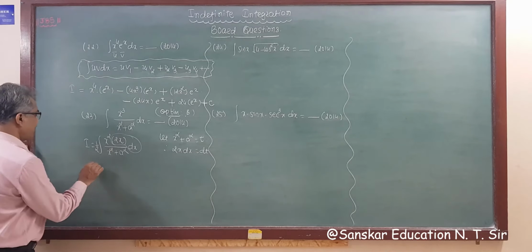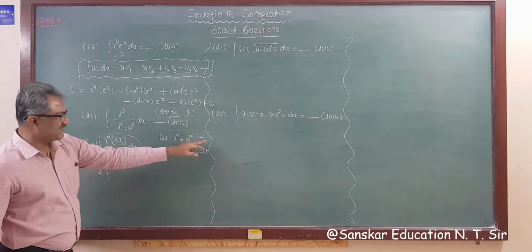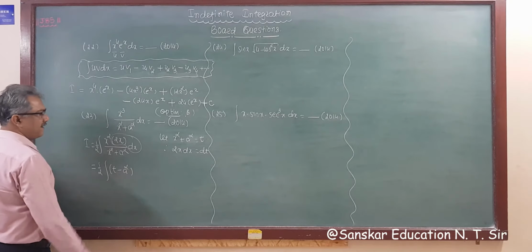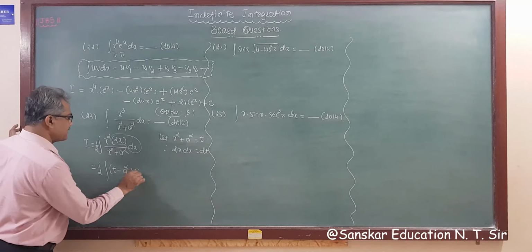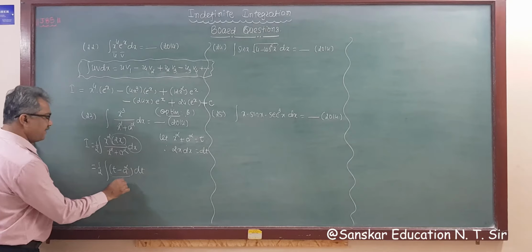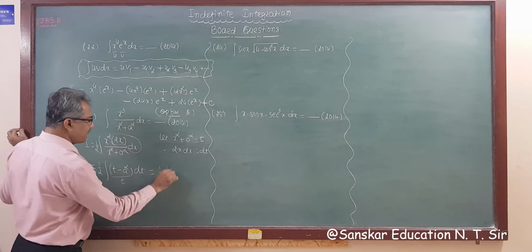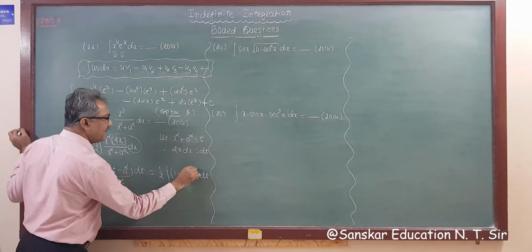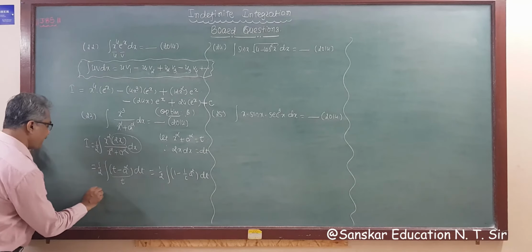So one and the same. So this is equal to 1 upon 2 integral. Now x square is t minus a square, and twice x dx is dt, and x square plus a square is your t. Got it? So bifurcating this, we get integral of t by t is 1 minus 1 upon t into a square dt, right? So now this is an integrable function. So the answer will be half.